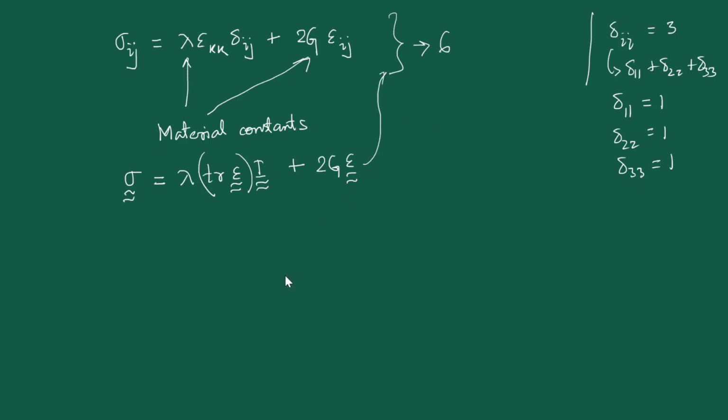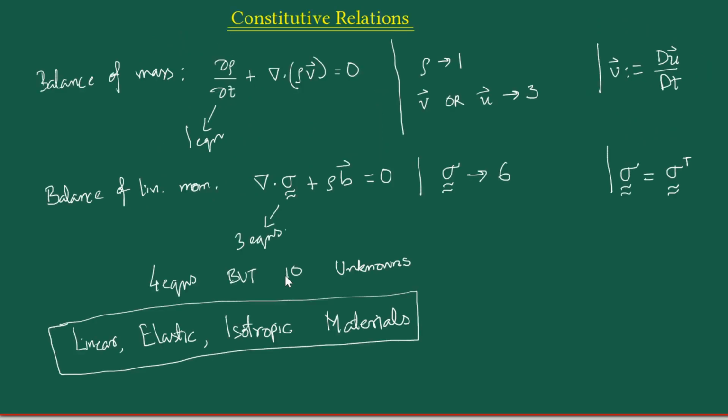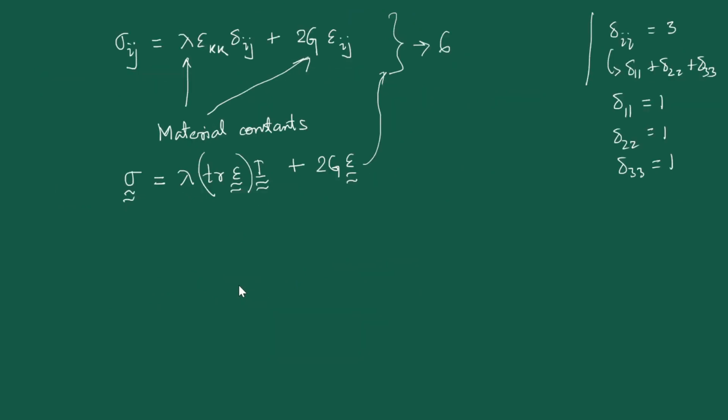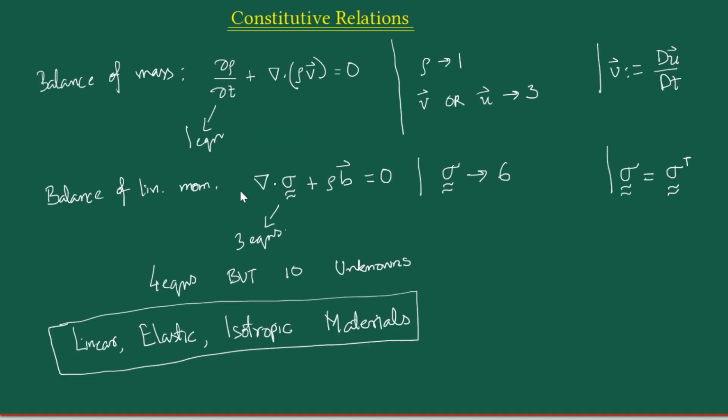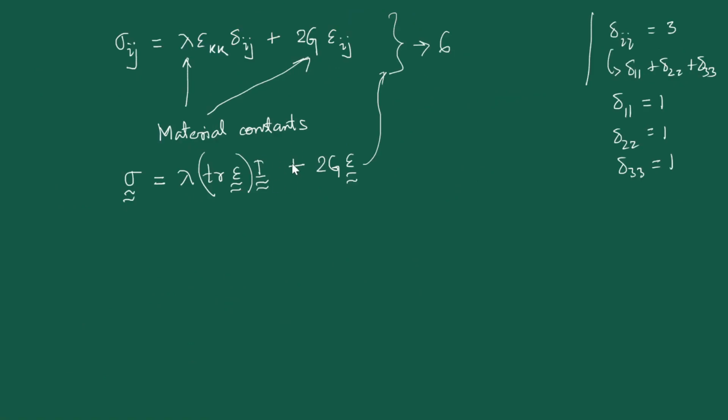And it seems that our problem is solved, because in the previous page, if we just look, we had this discrepancy of 6 equations here. We had 4 equations here and 10 unknowns, and it seems that our problem is solved. But there is a little bit of a subtlety involved. You note that although you are familiar with epsilon, here in these equations the epsilon was not coming. Now if you are introducing epsilon in these relations, you are effectively introducing 6 independent components again. Okay, so 6 equations we have introduced, but in that process we have also introduced